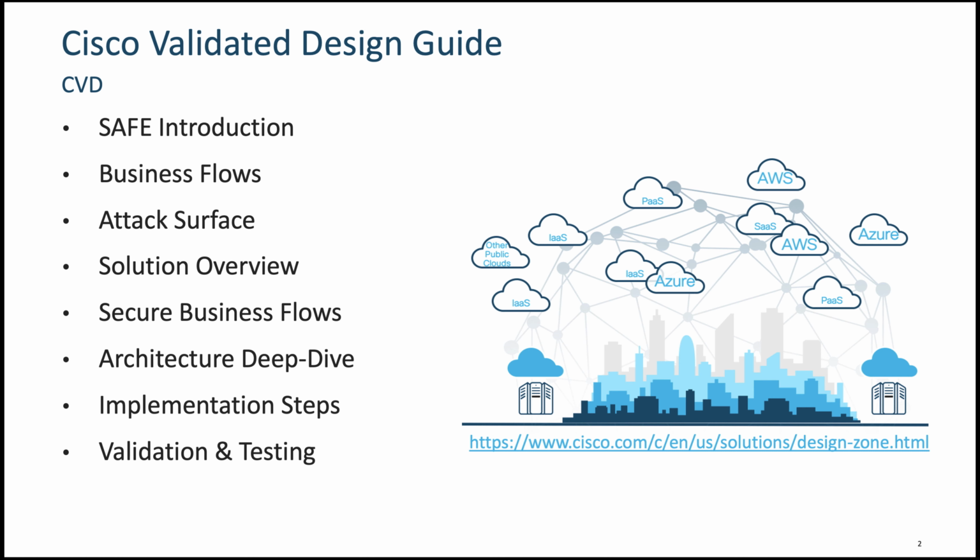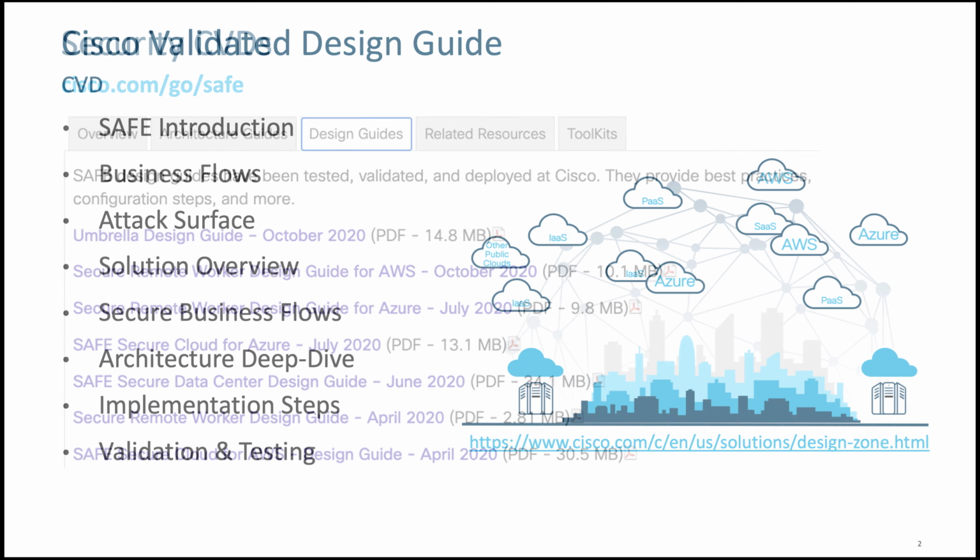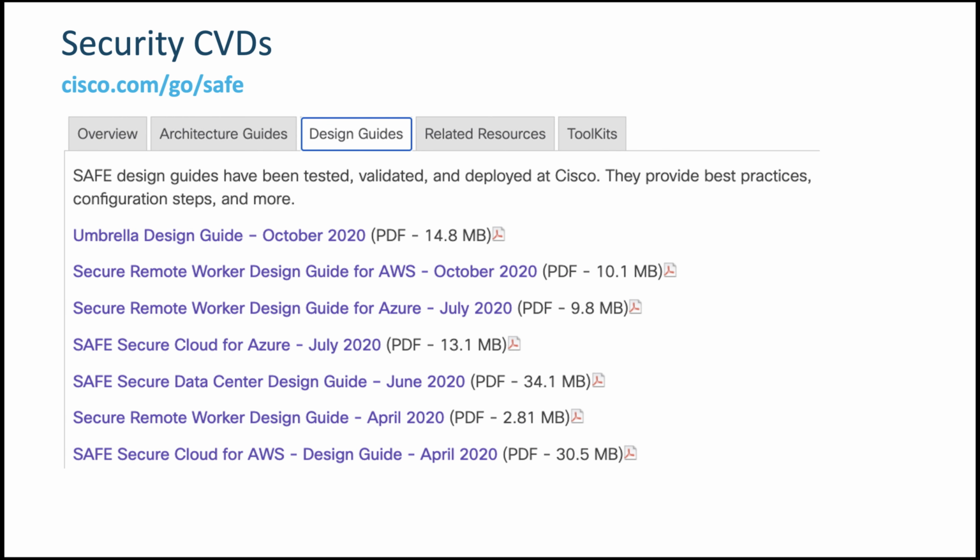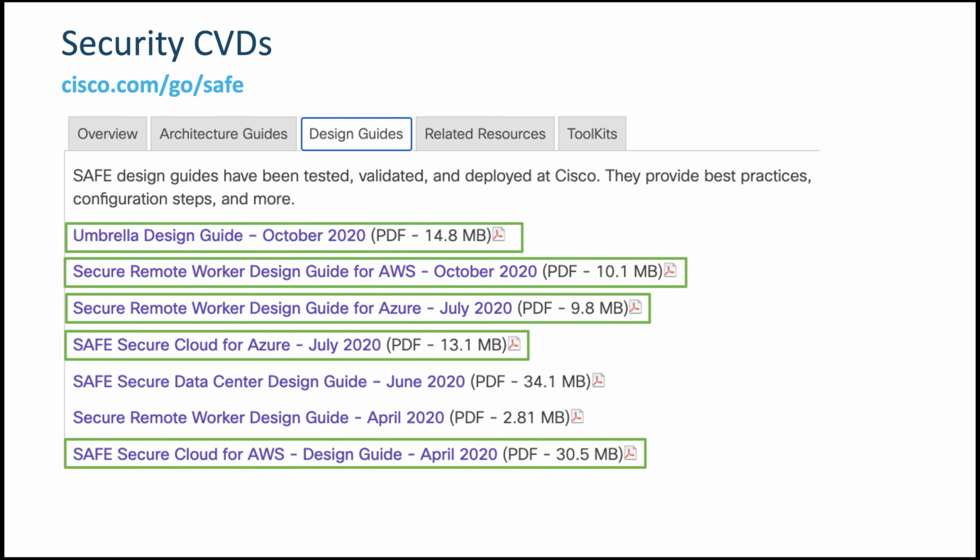And a CVD is incomplete without adding implementation steps, validation and testing steps. I'm going to add a link to our Design Zone so that you can go there and download our CVDs. If you go to cisco.com/go/safe, and if you click on design guides, you will see that we have recently updated design guides in our